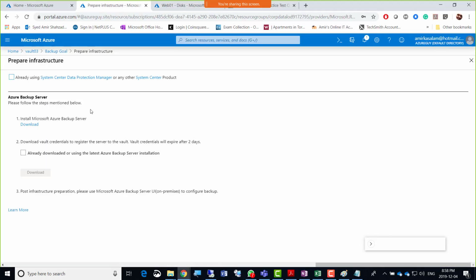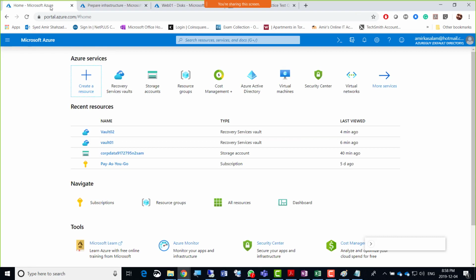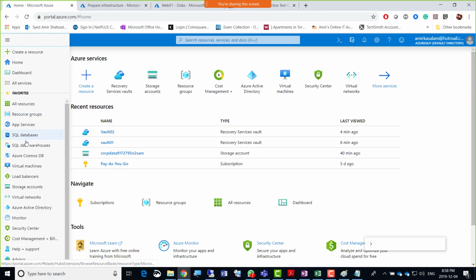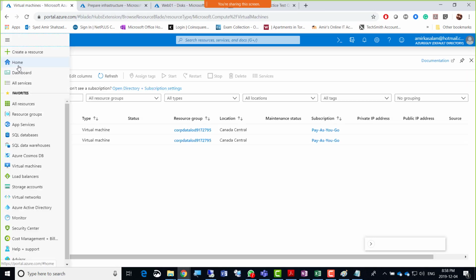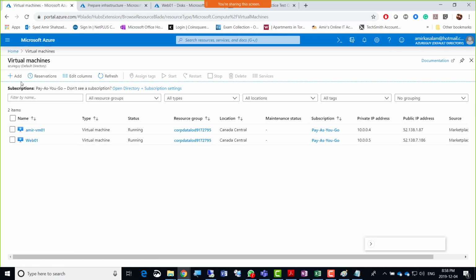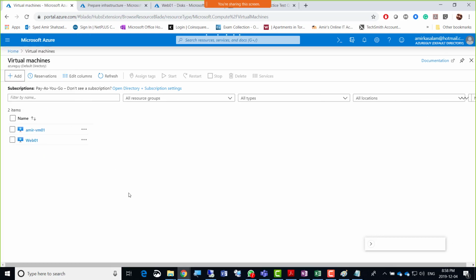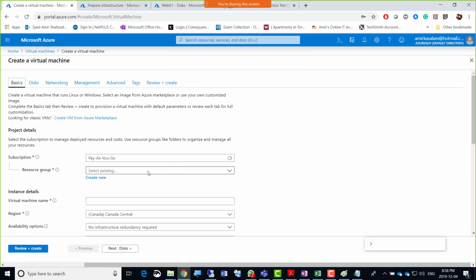So I'll just create two virtual machines now. I'll go back there and go to portal and virtual machines. I'll click add here for the virtual machines. Oops, add, and then okay. So file is also saying that hopefully or if you know. So here carb data.